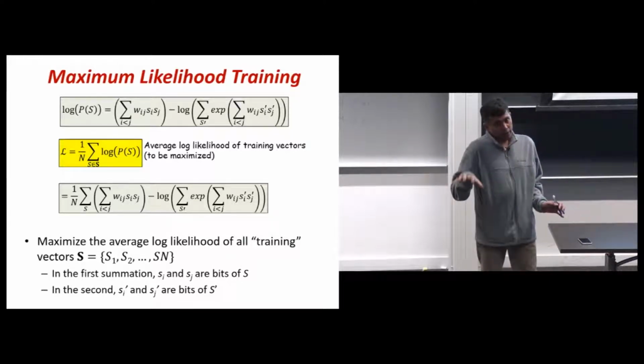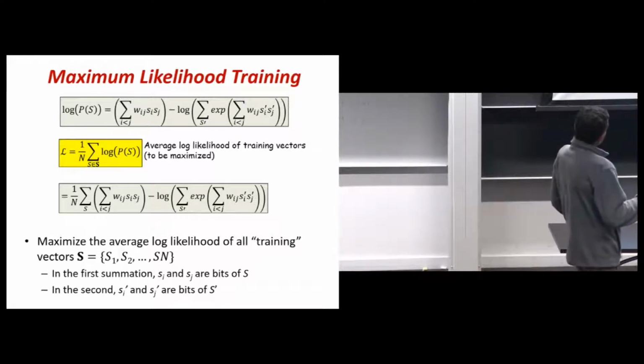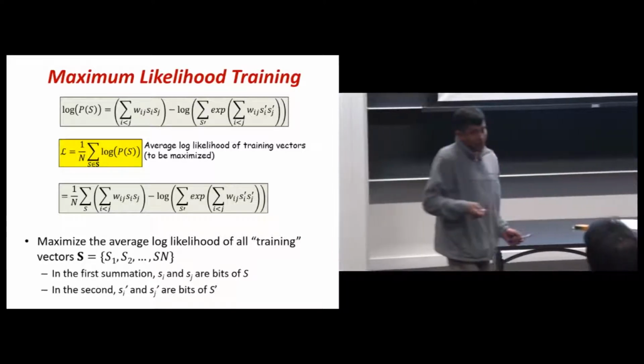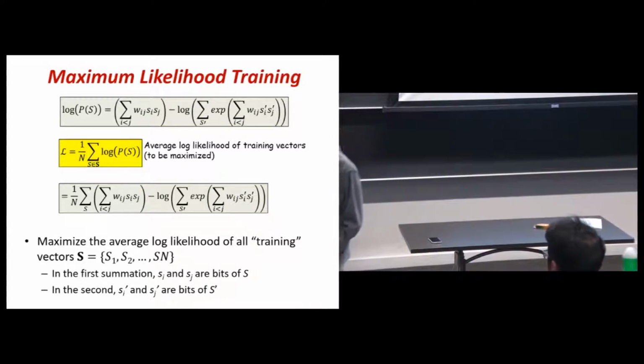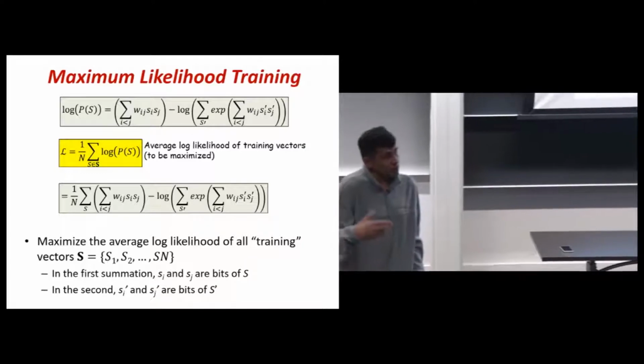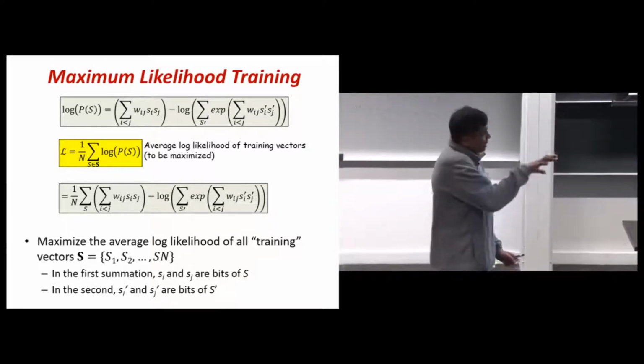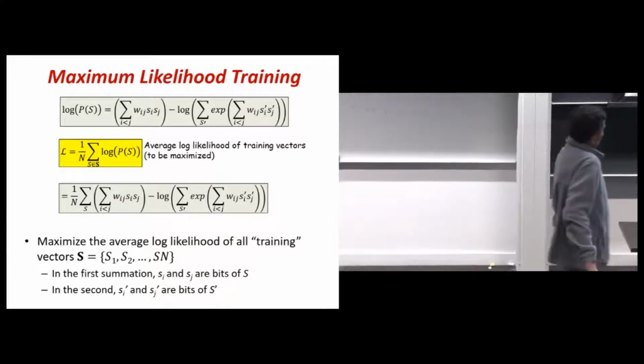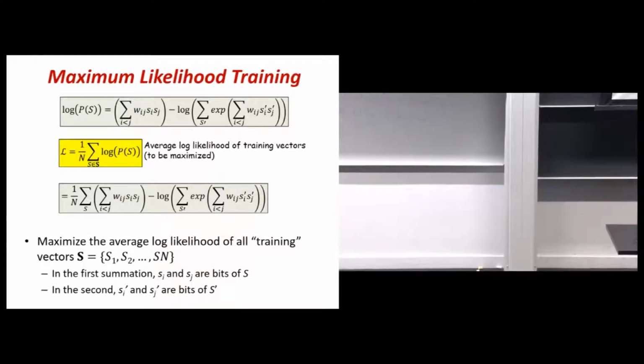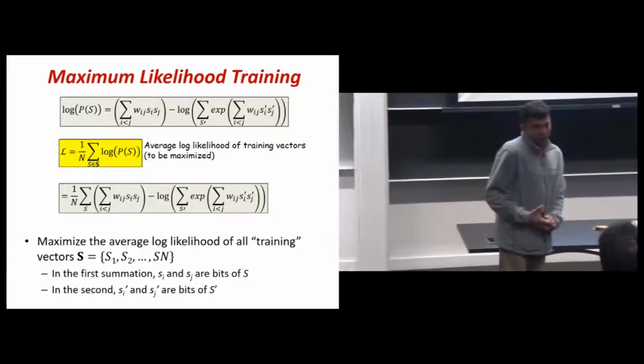The first one, to the left within the parenthesis, is simply the energy for the pattern, because we know that the probability of any pattern is proportional to the negative energy, right? But the second term is the normalizing term, the partition function,